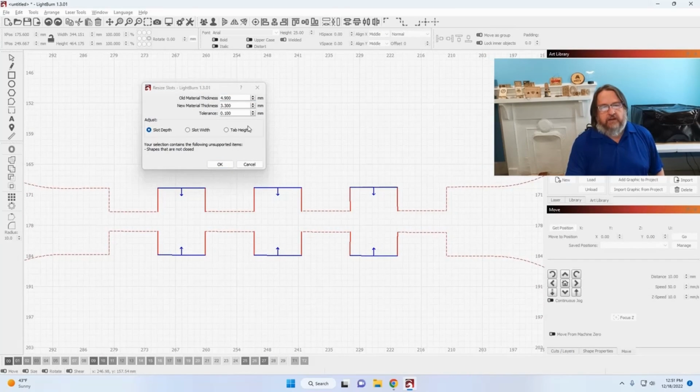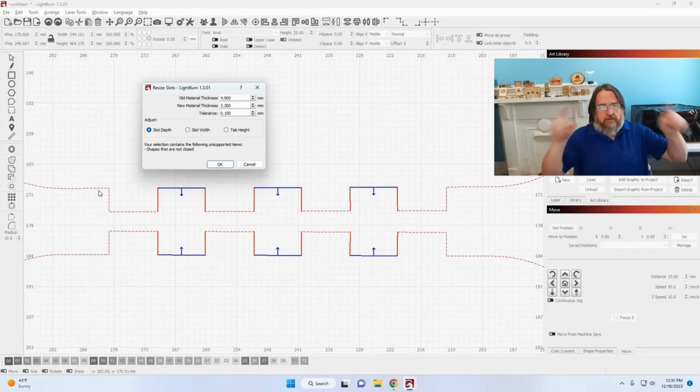There we go. And then slot tab height and slot depth. Now, this would accomplish some of the same thing, but not 100%. We're going from 4.9 to 3.3, and this is showing you the segments that are moving. So it's moving these three pieces here outward to a depth of 3.3 millimeters. But if you choose slot depth here, you notice it didn't change this one out here. That's still going to be on this piece, 4.9 millimeters, and the perimeter is not going to end up matching